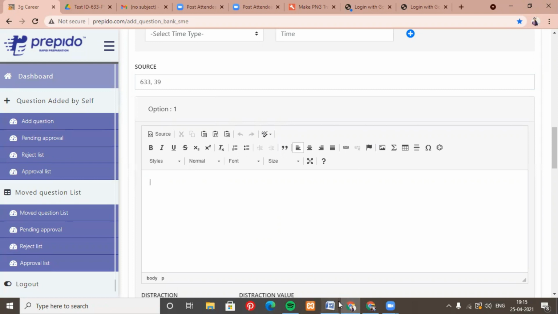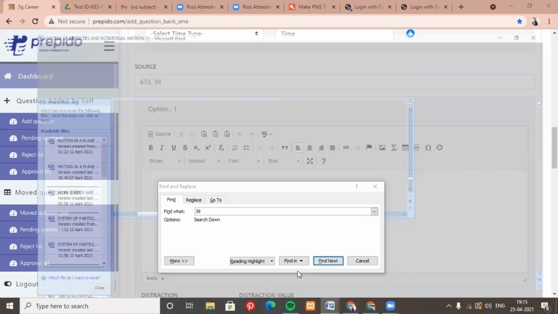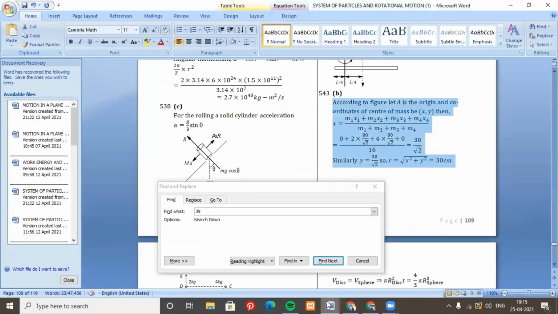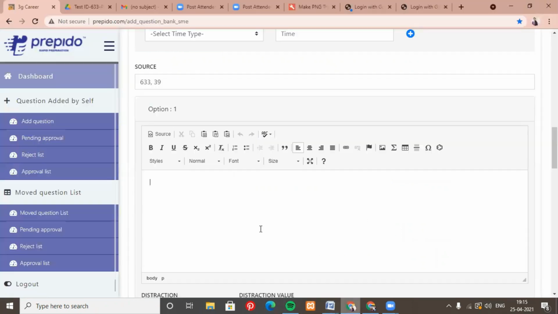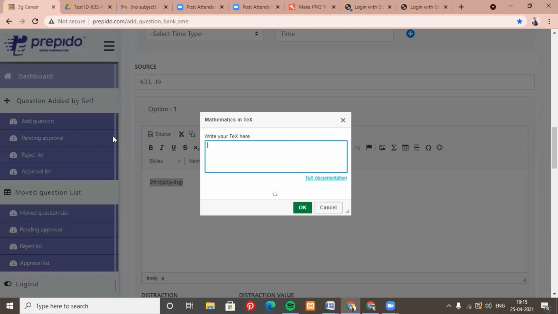So options. Now you need to enter the options which are separately given here. You need to just copy and then Control Shift V here, or else you can directly paste it in the math tool and edit it accordingly. So these formulae and the text that we'll be using will be given in the guidelines. It will be provided to you sooner.